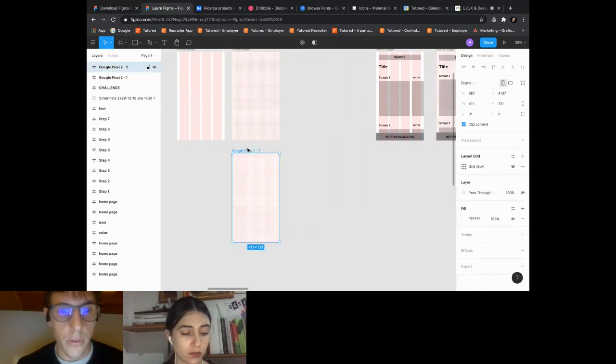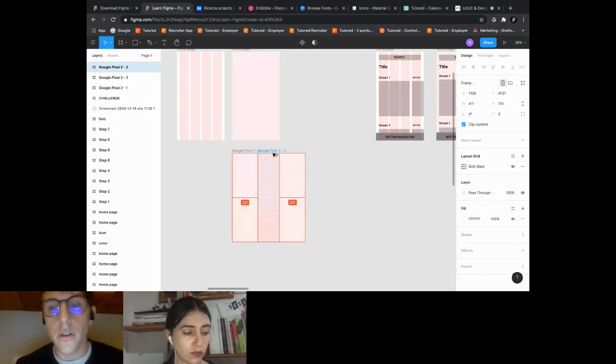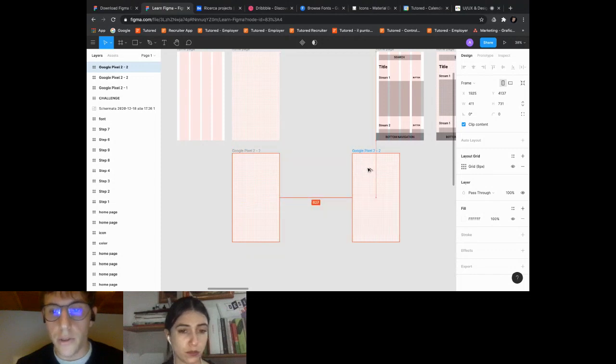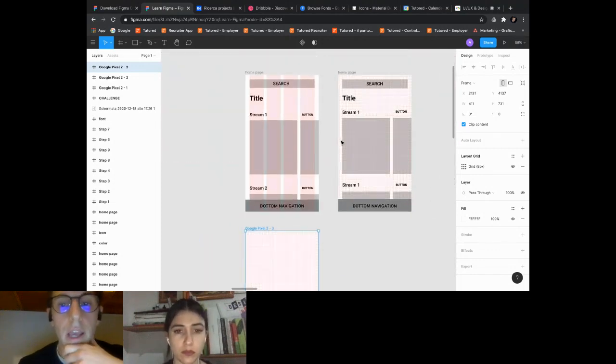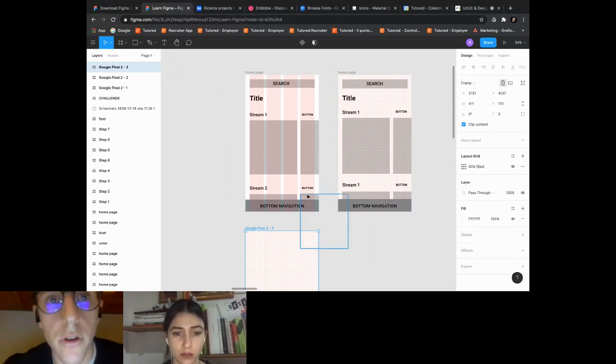Okay, now we have our layout grid, and before we start to create our design, our fonts, our corporate identity, we are going to decide our layout. So where and how I want to put my elements on my wireframe.